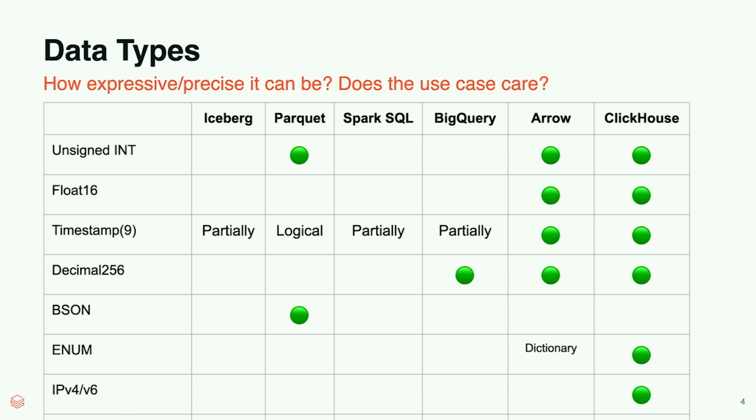And this one gives you a little bit of idea to say who did a better job. So Apache Arrow actually has a better typing system compared with most of these popular ones, right? And that's why we are trying to leverage Apache Arrow as the foundation baseline to build an even richer typing system on top of that, instead of using maybe Iceberg or even Spark SQL, because their types are quite limited.